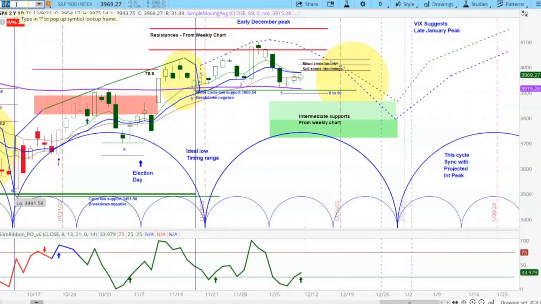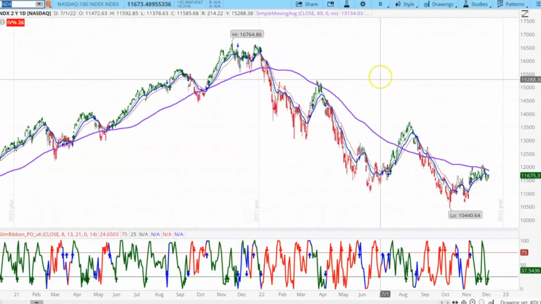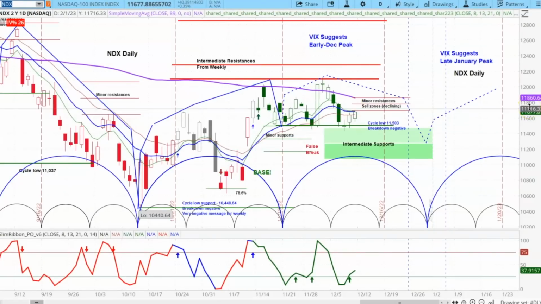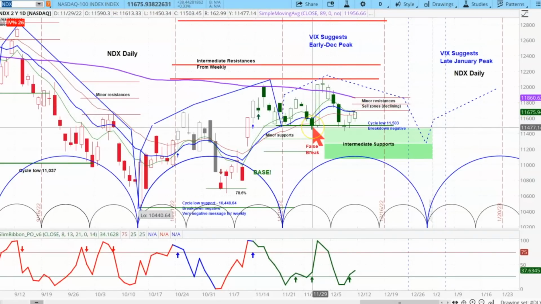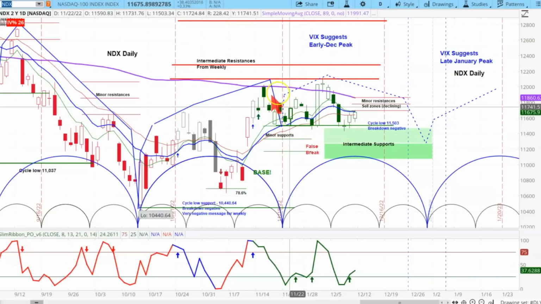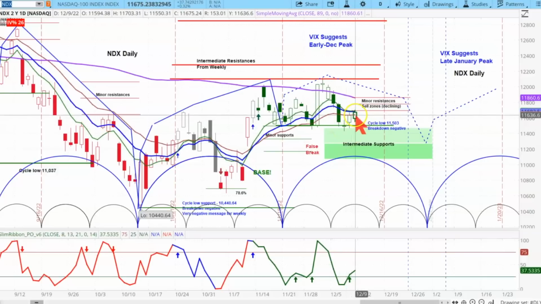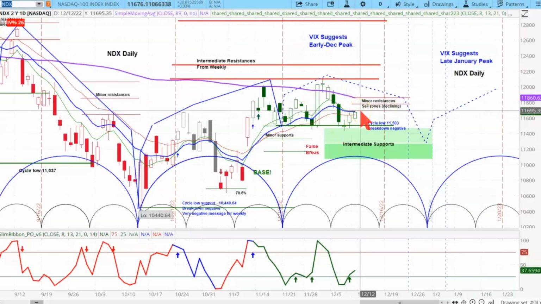When I switch over here and look at the NASDAQ NDX, you'll be able to see a very similar pattern in here, except for the fact that this is a little unusual, as it formed a megaphone right in here, as it had this break in here that was false and then moved up, and then it came down again. So that confirms this low. Again, what we're looking for is this rally to fail. This one has gotten to the sell zone right over here and is likely to come down again,